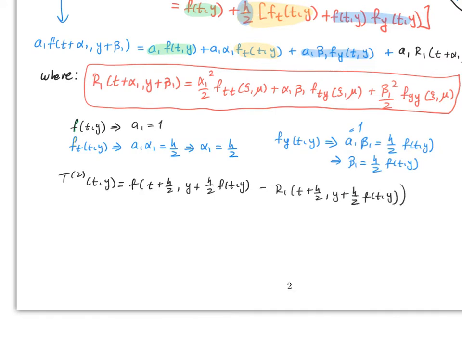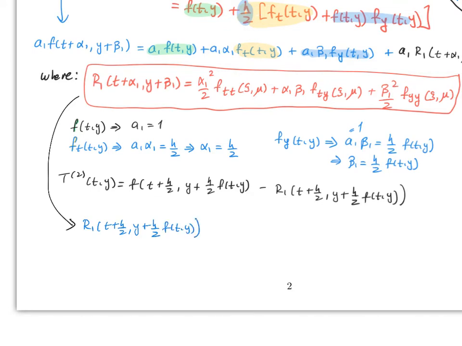Okay, remember that this was alpha and this was beta. Where if you plug those values in here, then we get the r1 of t plus h over 2, y plus h over 2